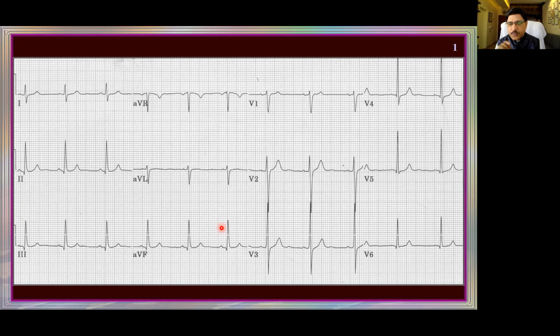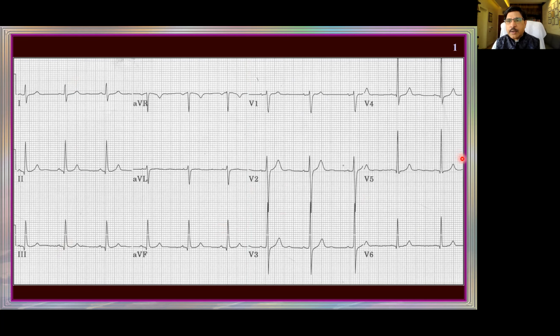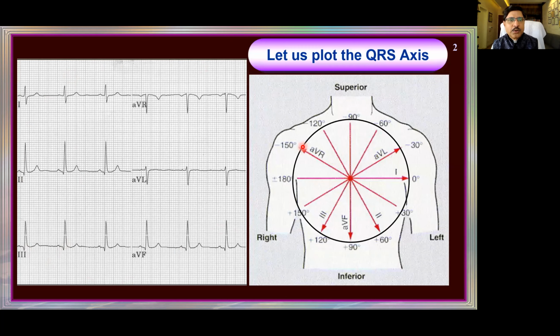Now, I want to specifically know what exactly is the axis. Okay. Now, what I did, I just truncated, and then all this part I have cut off, because for my axis, I don't require the chest leads. For my axis deviation, I don't require the chest leads. I only require the limb lead. So I cut off my ECG, and then I cropped the ECG only to show the limb leads. Now, there are 2 or 3 methods of identifying the exact axis. I will tell you method number 1.